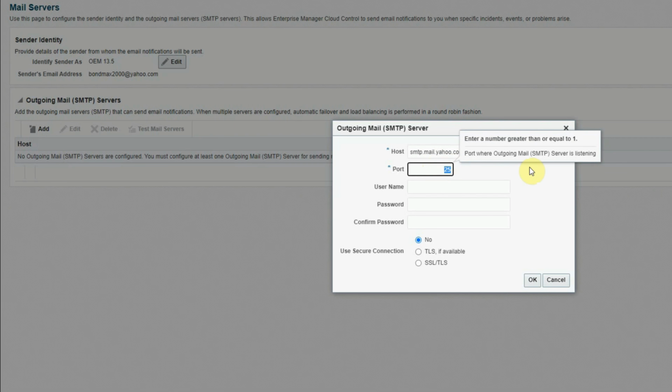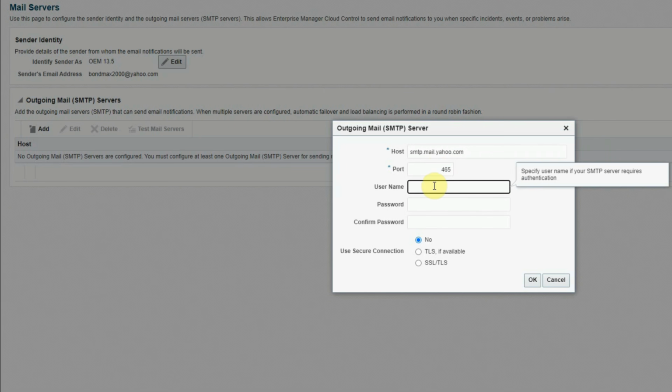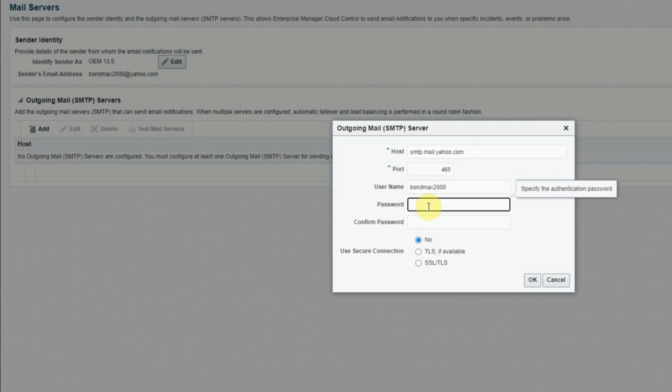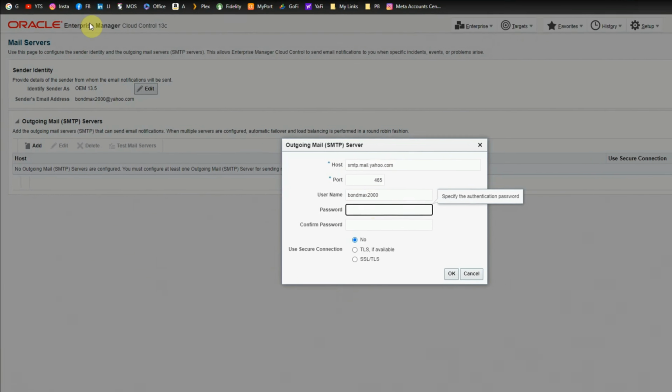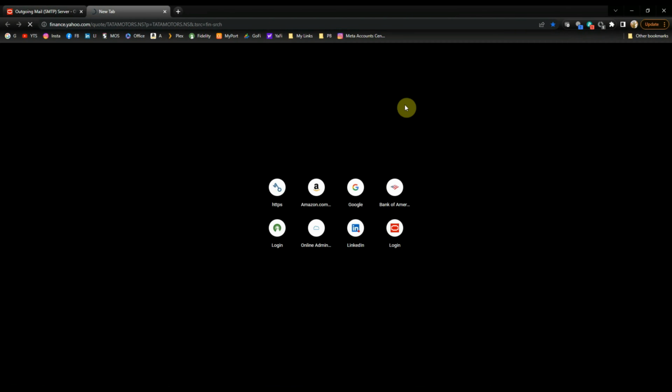So the port will be 465 and the username will be your Yahoo account's username, and the password. This is most important because it is not exactly the password that is used for your Yahoo account. In fact, you have to use something called an application password, which is given by Yahoo if their SMTP server is configured with any third-party application. To do that, I will go to my Yahoo Mail, and